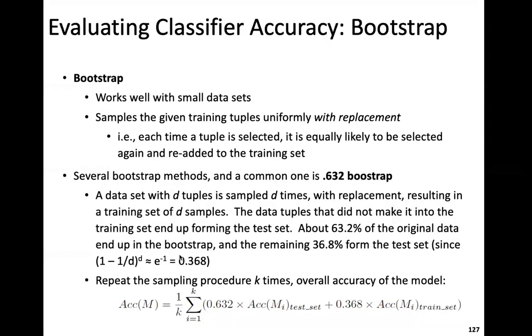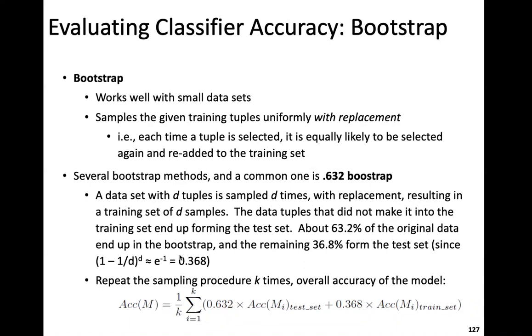So like this, you have this sampling, and that is supposed to give us some representative picture of what kind of data set you have. So if you have d tuples, you can sample it d times with replacement, and that will give us the training set.